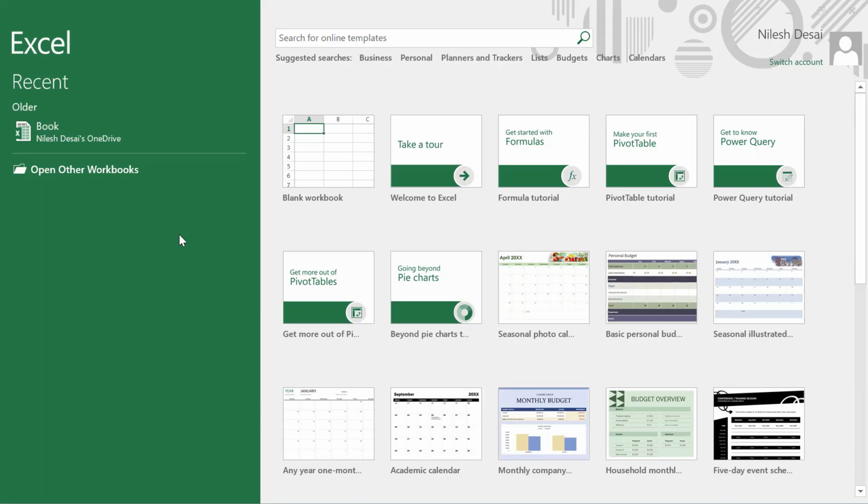There are templates available. You can see in the open window right now, I have opened Excel and this is the starting window that you can see in Excel, where you have predefined templates which you can use. So you have a seasonal photo calendar, you have a basic budget template.